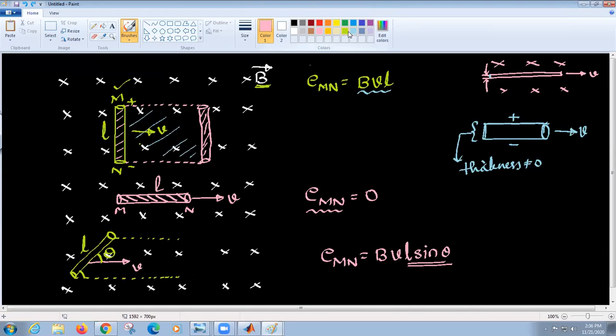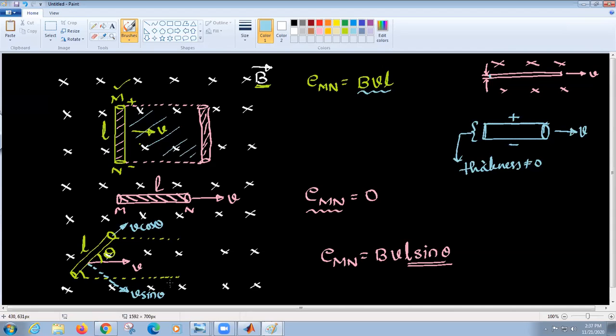So can I say that this is V cos theta along this path? Yes. And its other perpendicular component is this one, V sin theta.